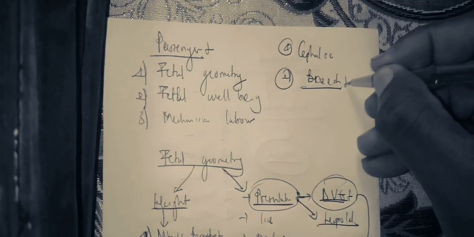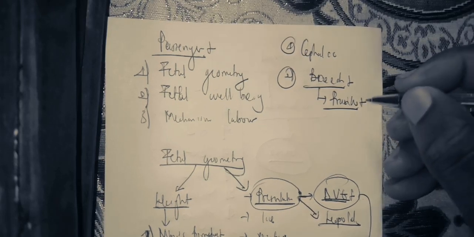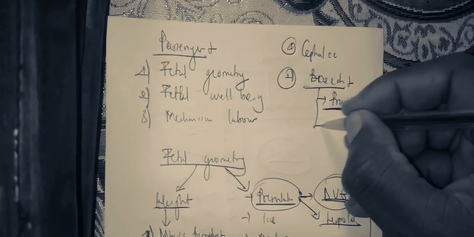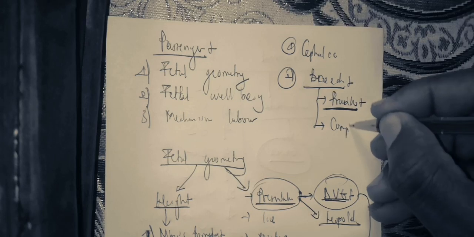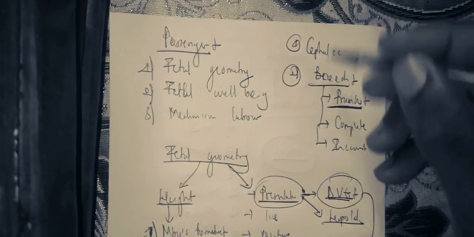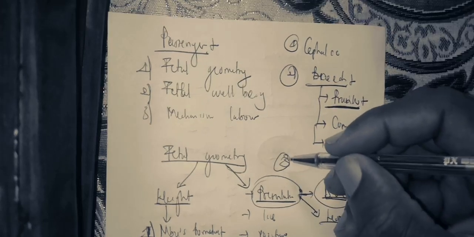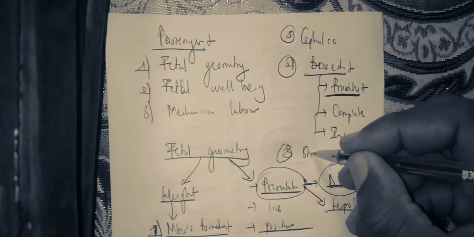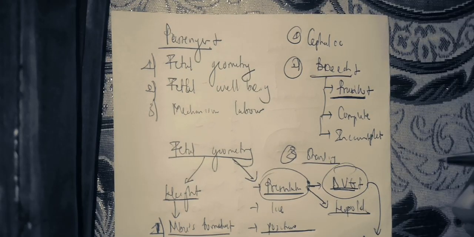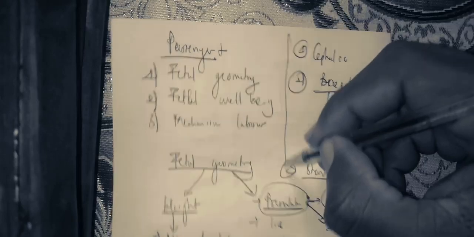Now, breech presentation is divided into types. You have the flank breech, where both legs are flexed and the knees are extended, and the child is sitting on the buttocks. Then you have the complete breech, and then the incomplete breech. Then you can also have what is called a standing breech, where the child is only presenting with the limbs. And we have also another form of breech, which is the mixed